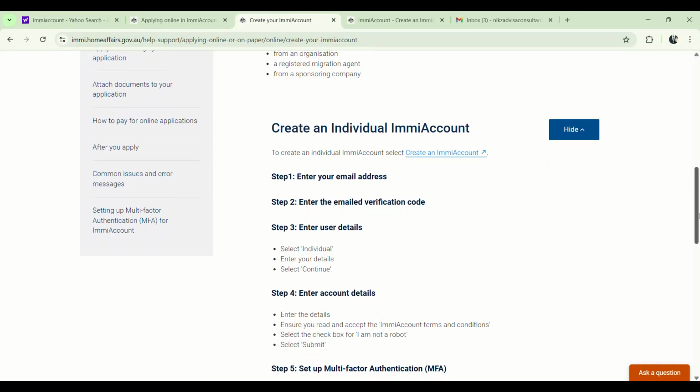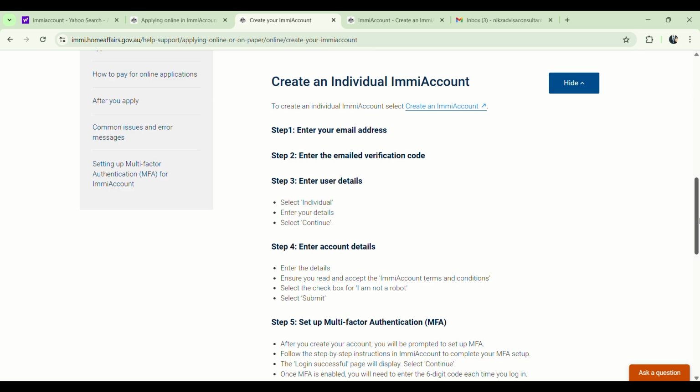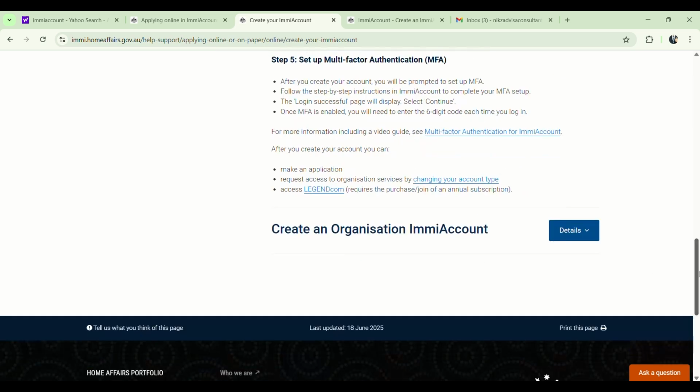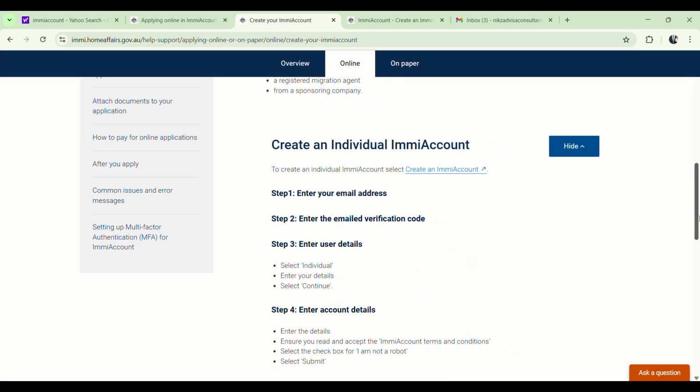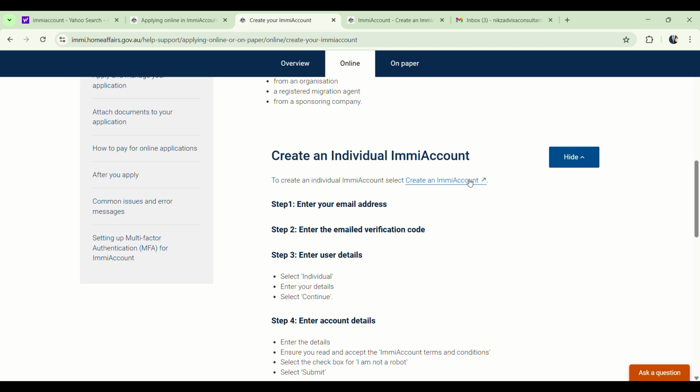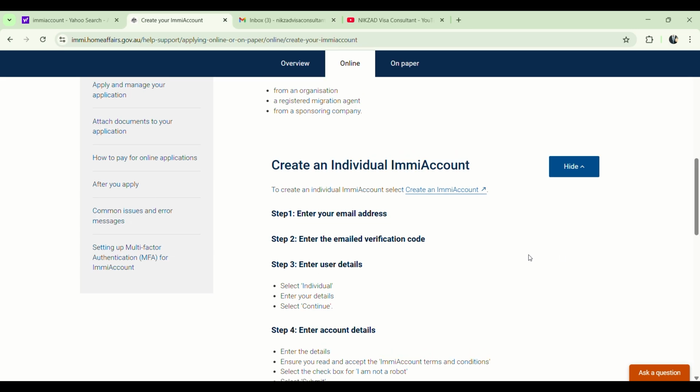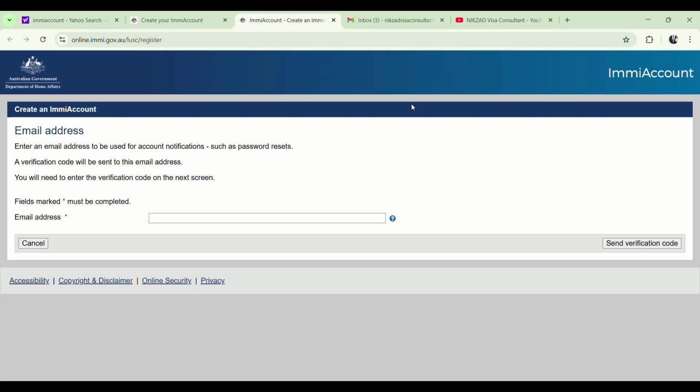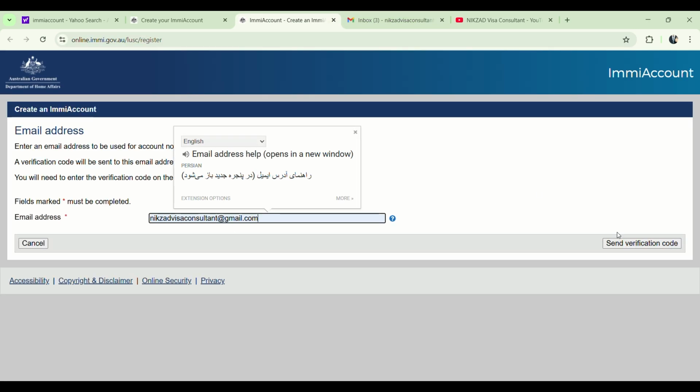After, you have two options: create an individual ImmiAccount and create an organization ImmiAccount. For most of you, it's create an individual ImmiAccount. If you are an individual, you can click on this one, create an ImmiAccount, and after this will open, and you write your email address, for example for me, and after you will get